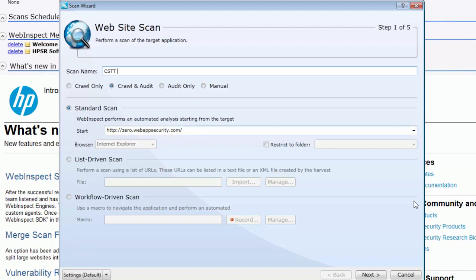And we put our URL, initial URL, and then here you can even say list driven scan, which means you can put a set of different lists of URLs coming from a TXT file or XML, or you can also say use a macro. We're gonna talk about that in the next class, but in this case let's just go to the standard one, just run,